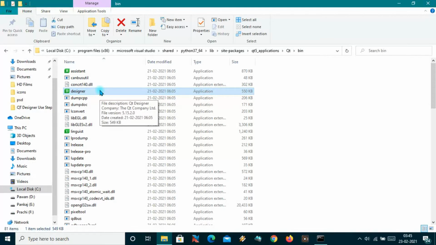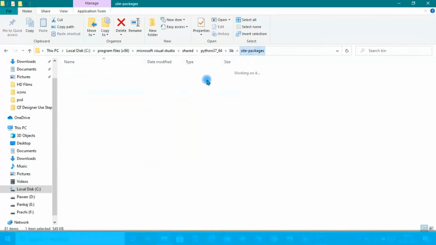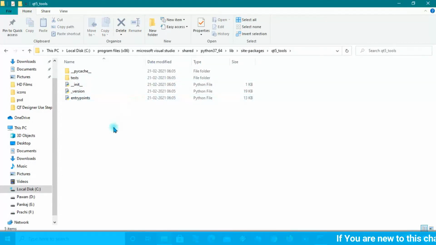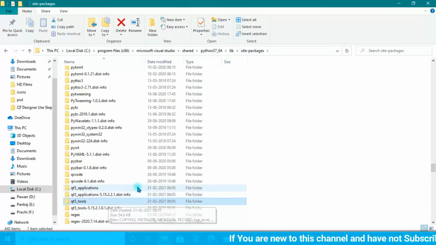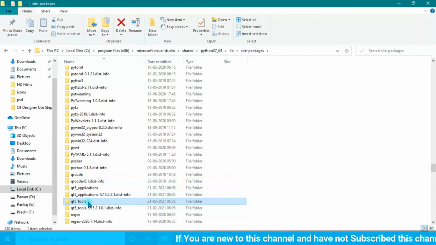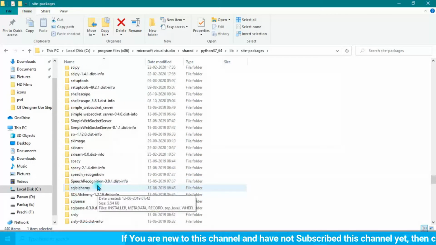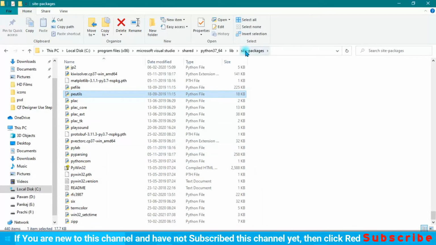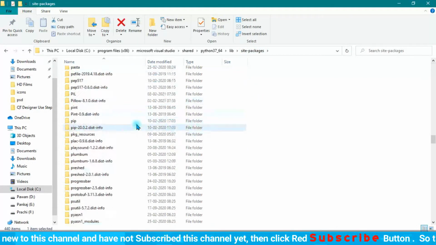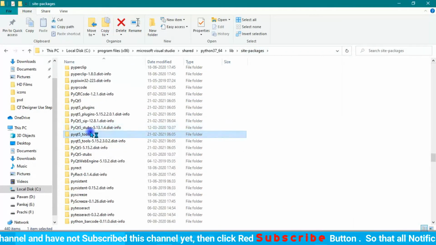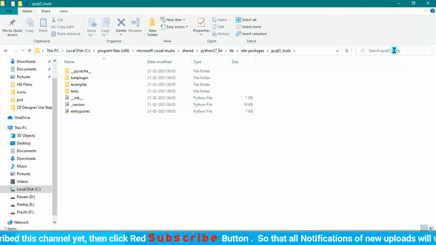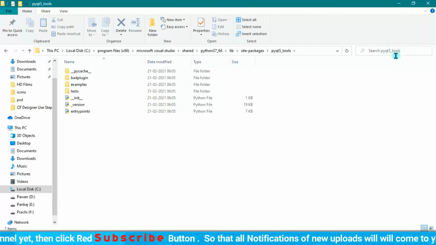If you are working with a previous version, then you can search under the site-packages for PyQt5 tools, not Qt5 tools but PyQt tools, and you will get your designer there. That's why I told you to search here.